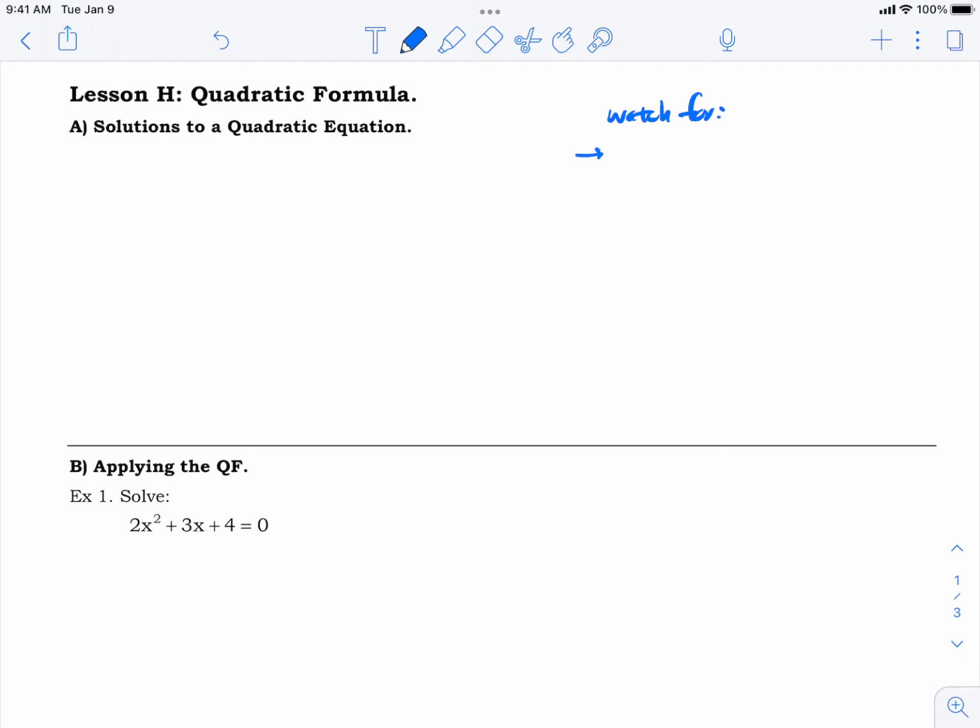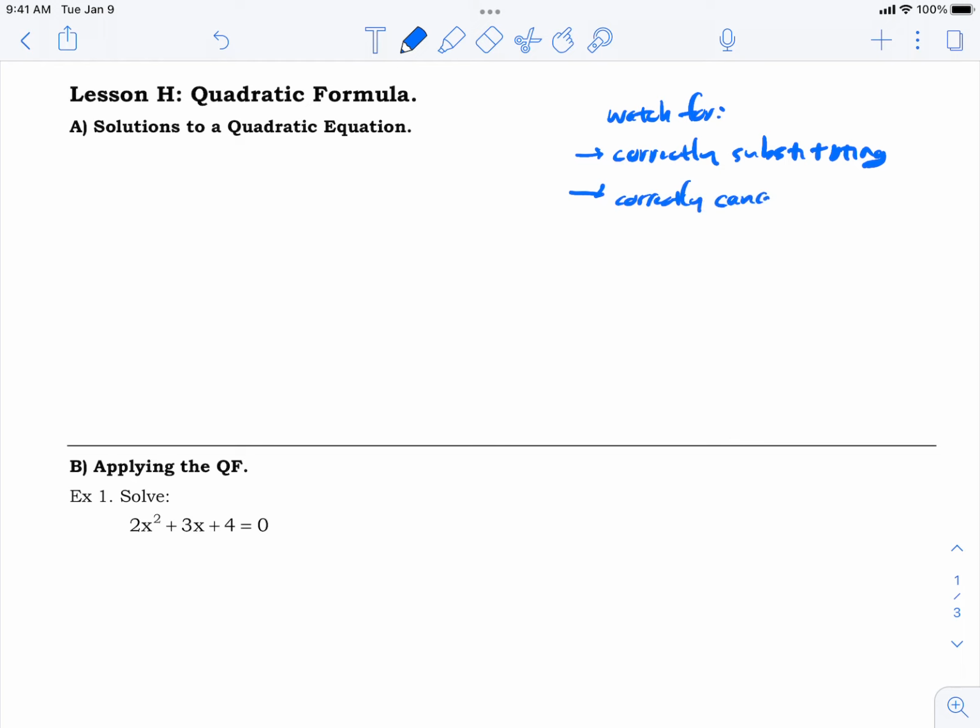Like, for example, how should I say? Correctly substituting numbers in. And what I'm going to emphasize is that when you plug anything into a formula, you should put it in parentheses. You'll see that come up. So I can do that. Correctly